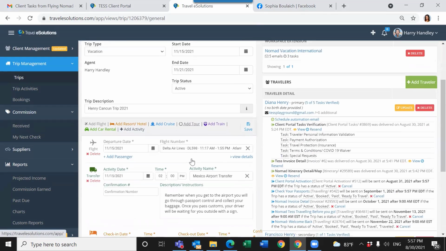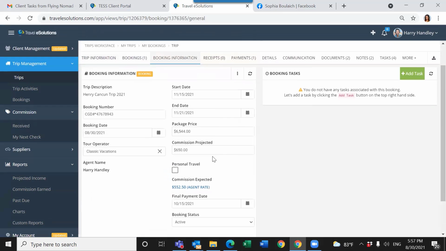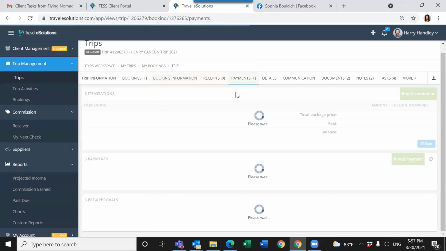Okay, so this is the trip we just did, right? In that booking, I put in my booking, Classic Vacations, their package price was $6,400 something, and I upcharged this package an extra $100 for me, for my planning fee. You can do that. People do that. But in order to put that on the payments section, what you can do,